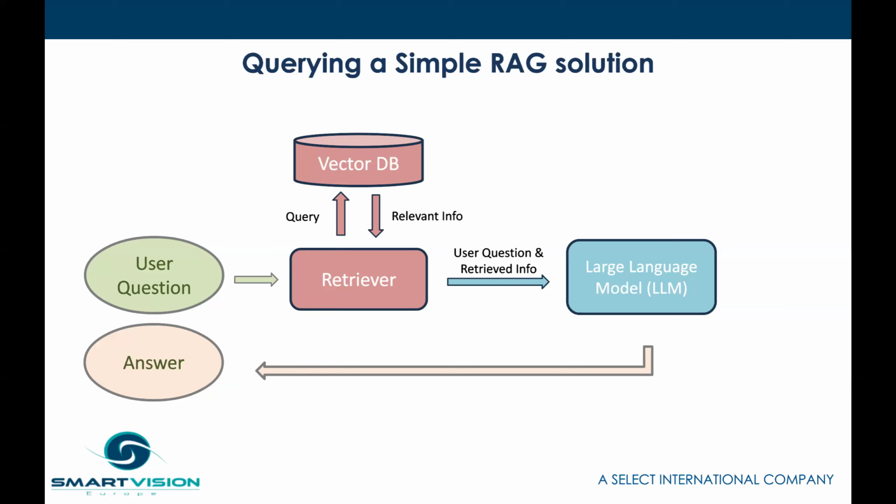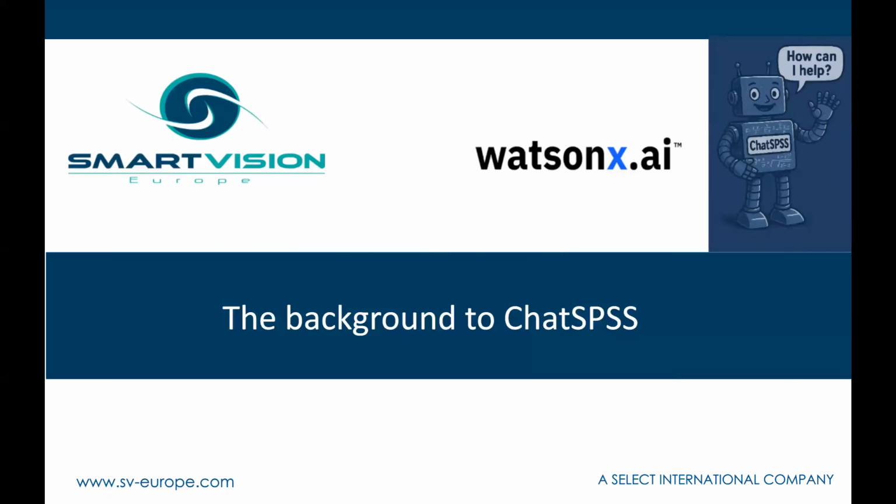You can even run little experiments where it can automatically try different settings for you, and then you can choose the answers that you like the best, and therefore the model that you like the best as a result of that. So the first thing I'm going to talk about is our summer project, which was ChatSPSS, our RAG system which we've made available to the outside world.